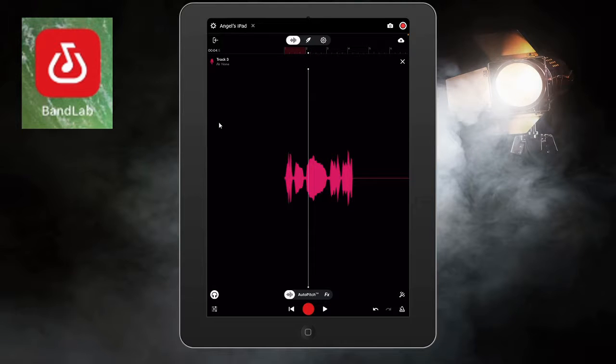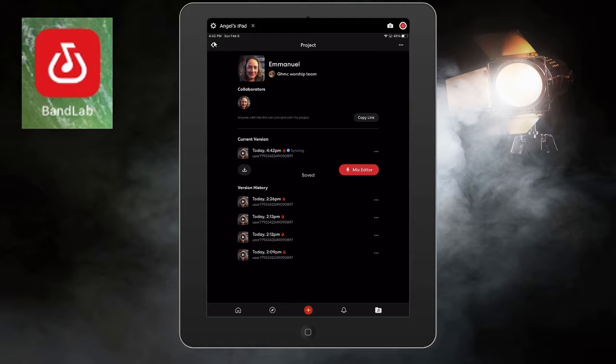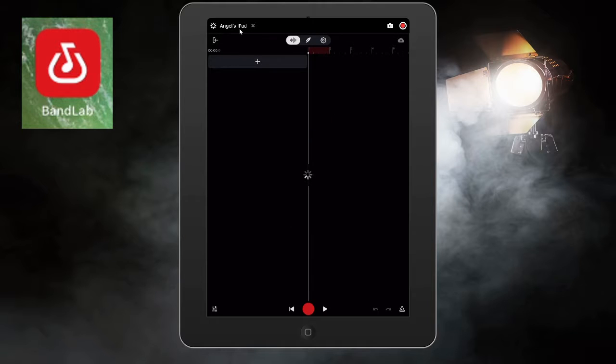When you're done with that, there's this little exit icon. If you touch that, it's going to ask you if you want to save or discard. So if you're just playing around and you don't want to save your changes, you would just click discard and it undoes everything that you just did. Or if you want to save it, then if we go back to the mix editor,